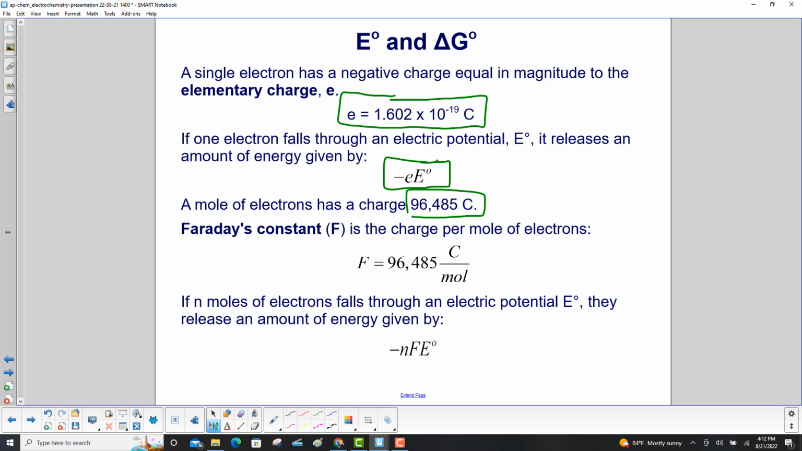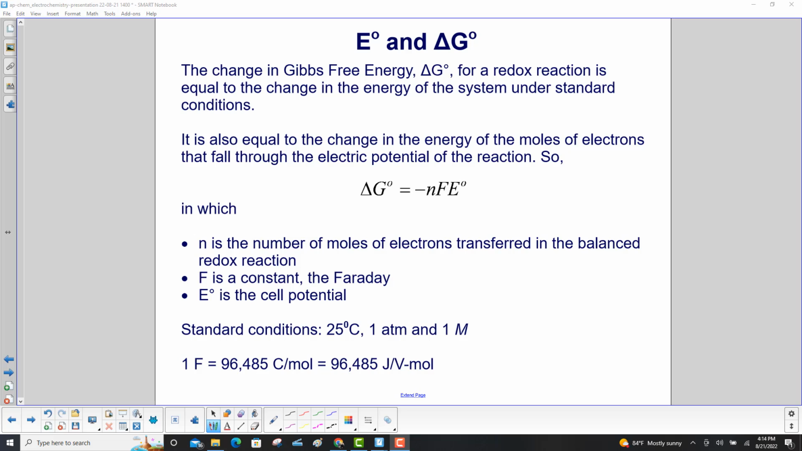96,485 coulombs. Faraday's constant, named after the famous physicist Michael Faraday, is the charge per mole of electrons. If n moles of electrons fall through an electric potential E0, they release an amount of energy given by minus nFE0. The change in Gibbs free energy, delta G0, which we covered in the last unit, for a